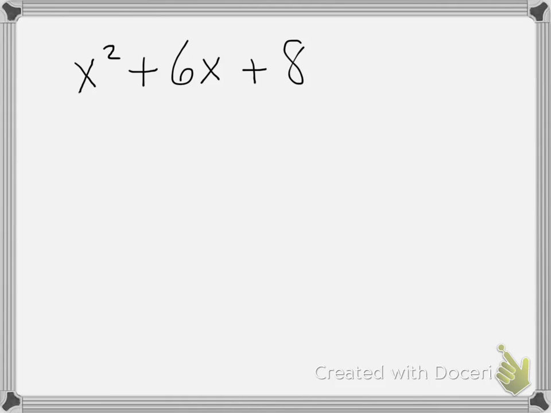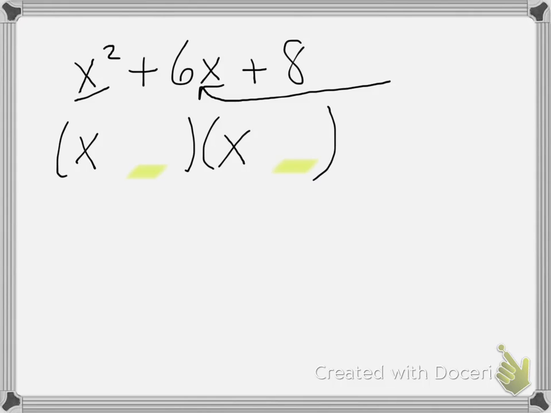I know that it's going to factor to two binomials, and I know that the only thing that makes x squared is x times x. So I know that for sure. It's these back numbers that become tricky. We just talked about what they added and what they multiplied to. So think about this. They're going to add to 6, and they're going to multiply